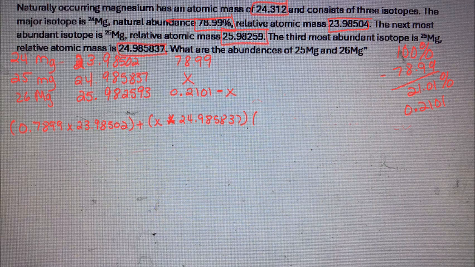We are going to do 0.2101, and you can put that in parentheses if you want, minus x, times, let's put it in parentheses, 25.982593. Then that all is going to equal